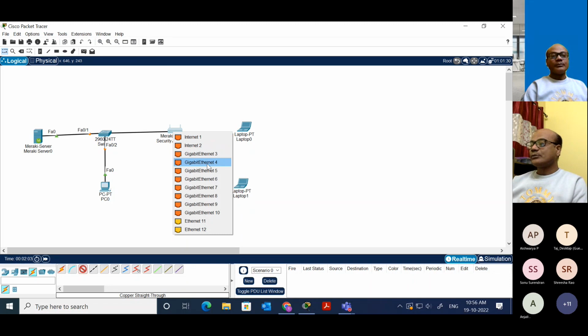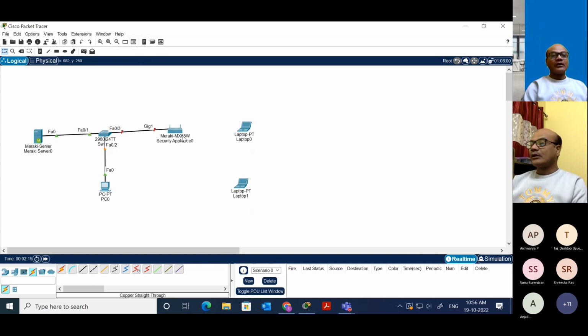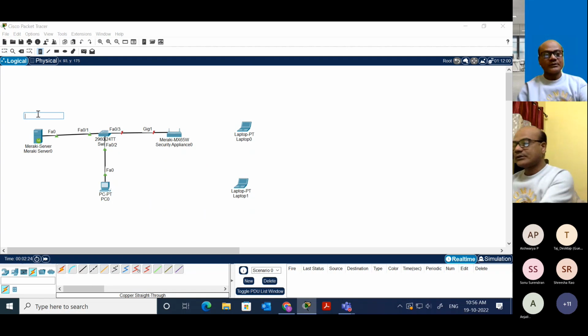So we can see Meraki has Internet 1 and 2, which means it is always connected to the ISP, and from the ISP to manage your internal network. That is the logic here. So let's give some IP address. Let's give this IP address for this PC. Can give 192